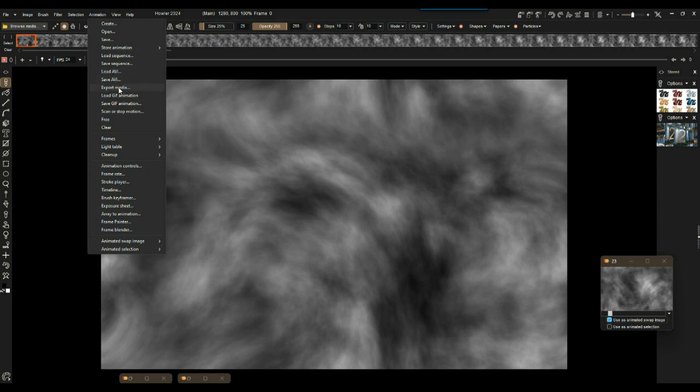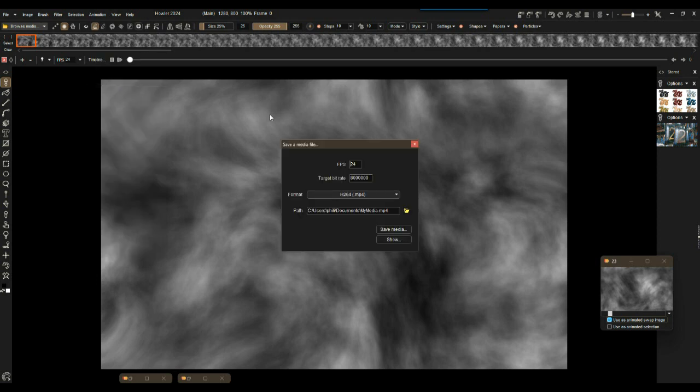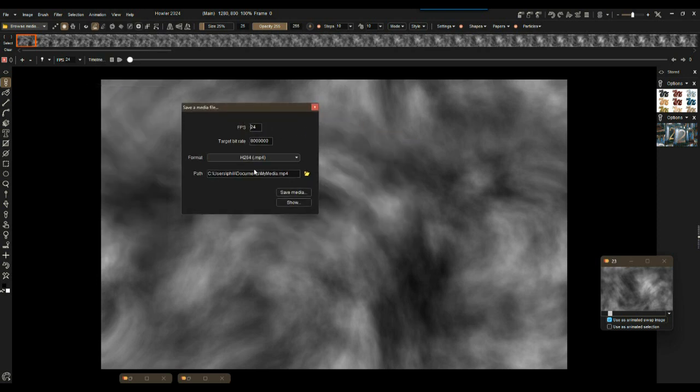And then there's also export media. There's a couple of formats. There's also animated GIF. Now this one is too big to really consider using as an animated GIF. That would be something for small, short animations. But you can export as media. You can export it to MP4, and you can also save it in a couple of versions of Windows Movie, WMV. And so that's certainly another option to consider,